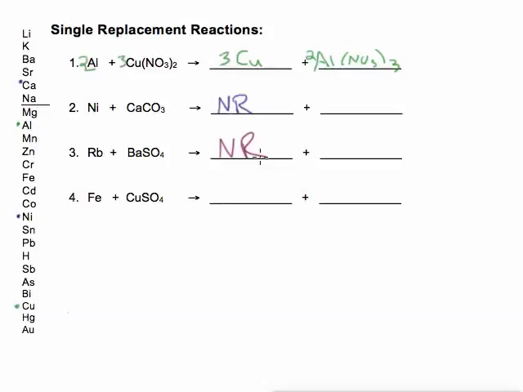Let's practice one more. We have iron and copper. So this reaction does happen. We end up with copper by itself and then iron going with sulfate. Here's the problem. Iron is one of those metals that has multiple oxidation states. And I did not give you any information on whether it would make iron 2 or iron 3, the most